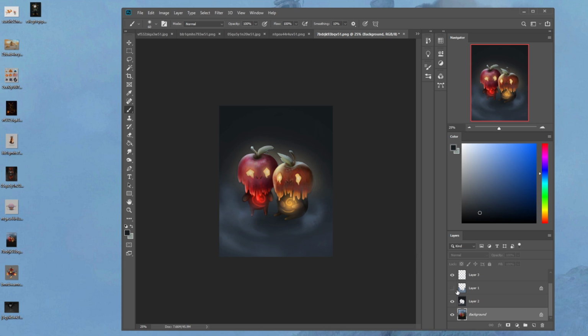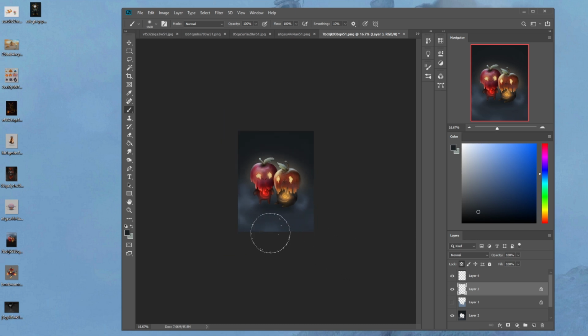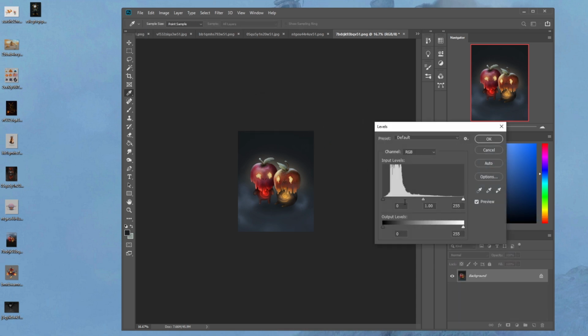So we have that cast shadow. The fog can also have a cast shadow on it, which is really a cool little trick. Just like that. And that's really it. There's a lot I want to change. I want to keep changing, but I'm going to just boost the levels a touch more.